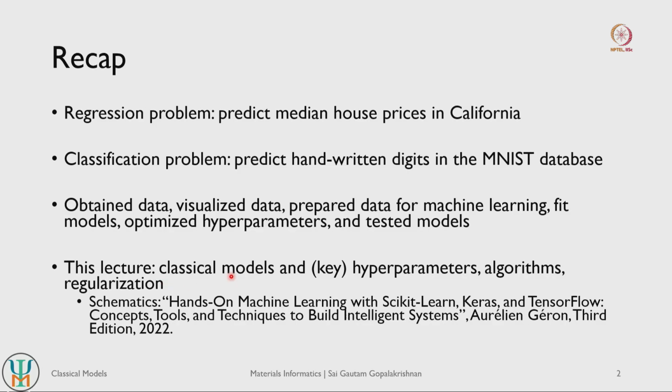These models that we are going to discuss are called classical models because they predate the development of, or at least they predate the use cases of, neural networks. Neural networks were actually developed way back, at least the origins of the neural networks that we currently use, but we will see in the course of the lectures that the neural networks did not really pick up in terms of applications, but these classical models did. These are mostly analytical models, so they are open box in some sense, so we can understand what really goes on in these models. That is why these are called classical machine learning models.